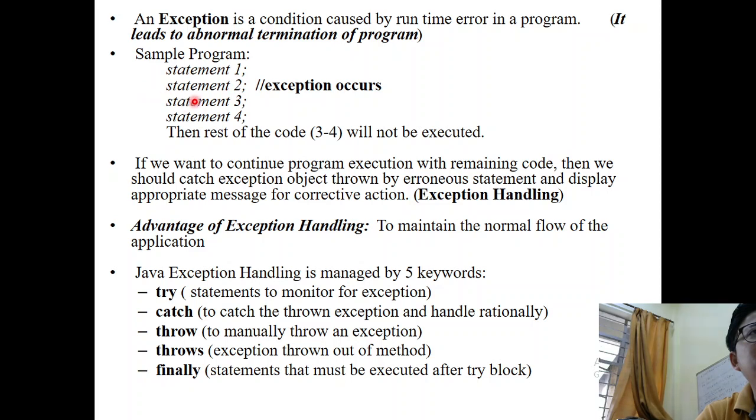Suppose you are suspicious about statement number 2, then you can monitor this statement by writing it under the try block. So if you want to monitor any statement, you keep it in the try block. Now, when an exception is encountered by the statement that you have kept in the try block,